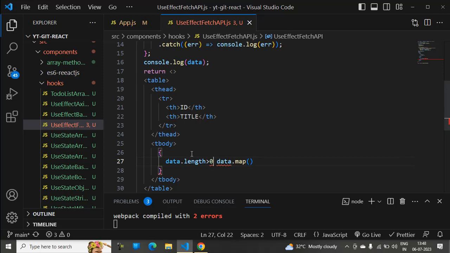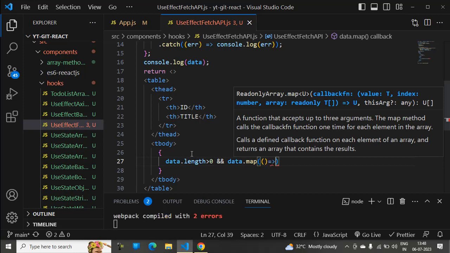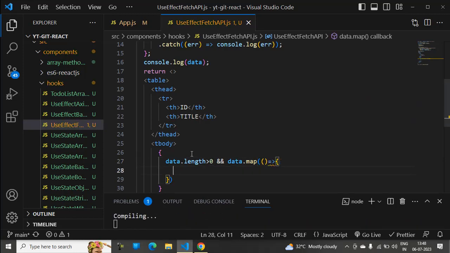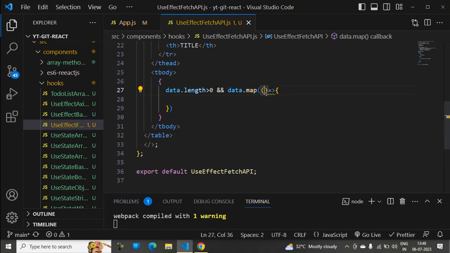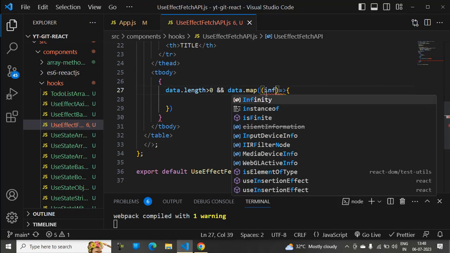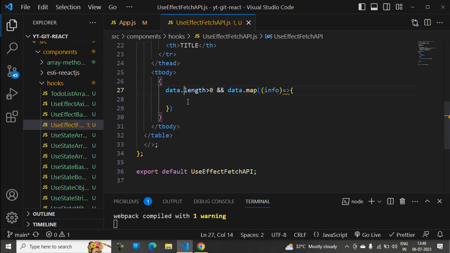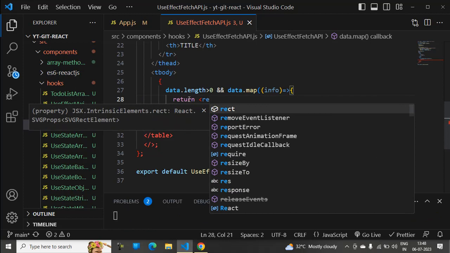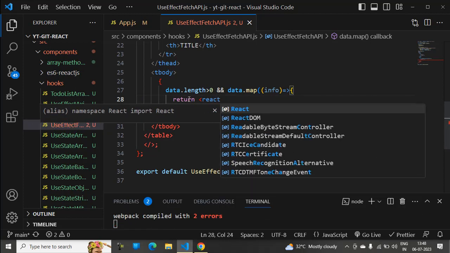In between that we should use &&. If data.length is greater than 0, then we'll do that mapping here. In this mapping we'll use that arrow function, that is a callback function. Then here we need to follow that info, and here we need to return the value. In this I'm going to use that React.Fragment,